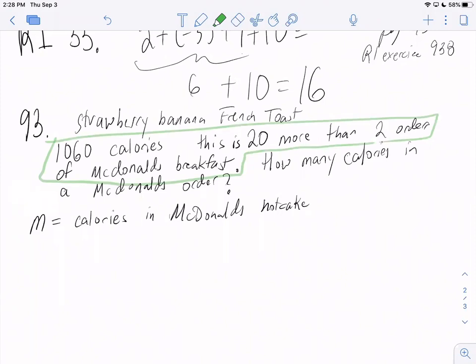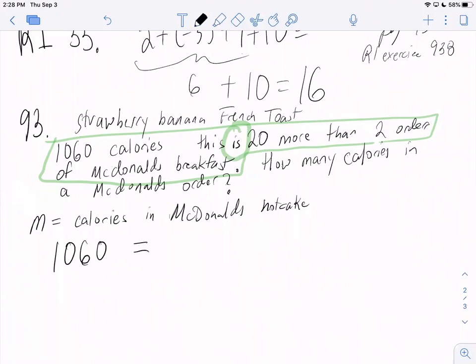And what word should we focus on again? What's the most important 2-letter word? Nice, "is." Archie, very good. So we just focus on this word "is." This I don't have to think about at all. That tells me that 1060